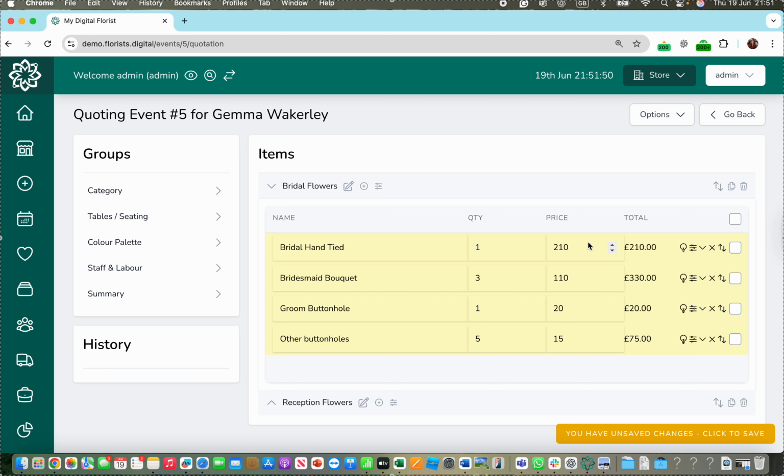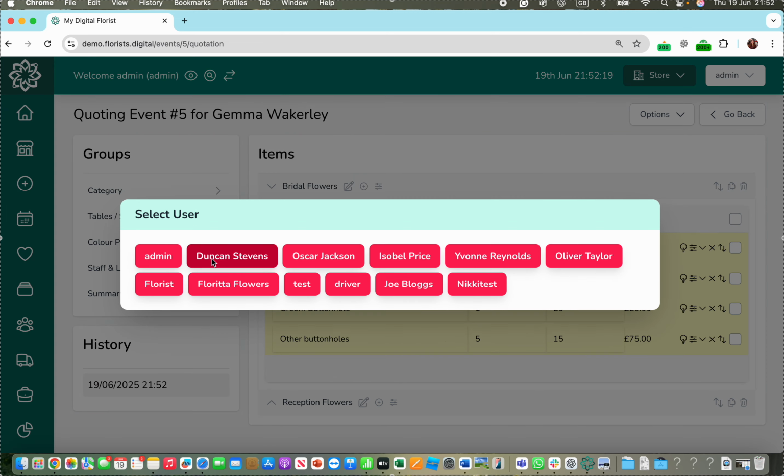I would often guess these prices based on what I know and put them in, and then I wouldn't really work out exactly what stem counts I'm going to put in. I'd make sure I quoted a safe figure, but I wouldn't spend the time working out what stem counts I'm going to put in until the bride has booked me, so then it feels like it's worth spending that time. However, if I wanted to do that, I could actually